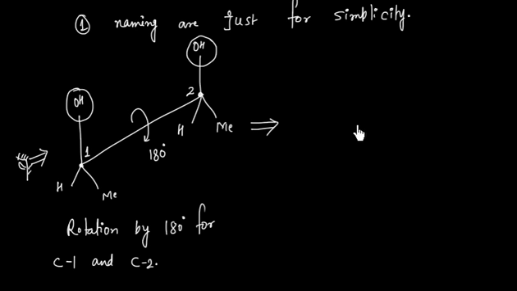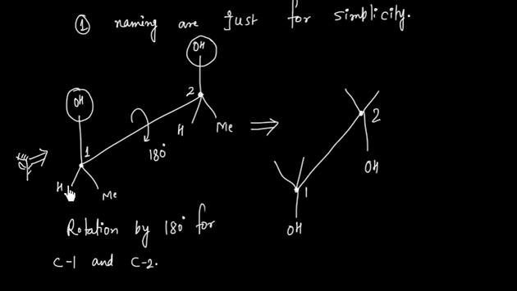So let us write what will happen. Now this inverted Y will become regular Y and this inverted Y will also become regular Y. So this is 2, this is 1. Now OH will come to the bottom here and this OH will also come to the bottom. So both OH, this OH and this OH, are on the bottom.